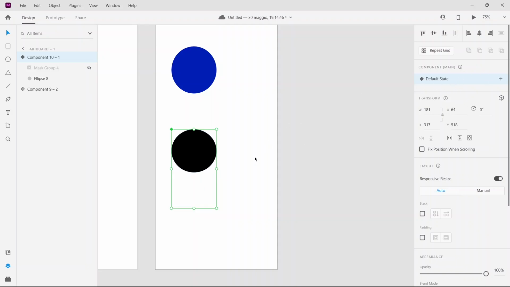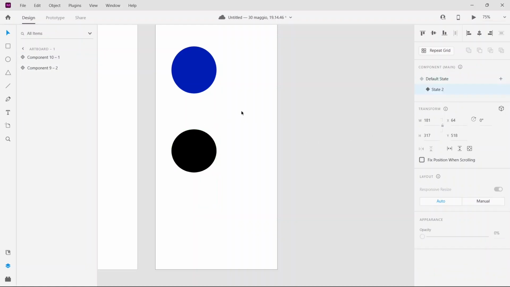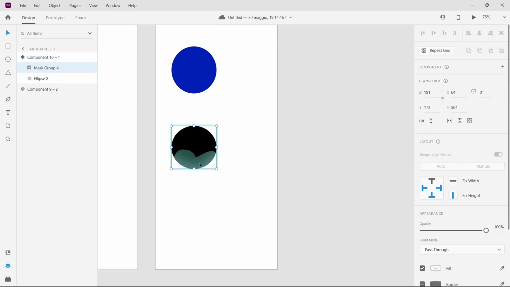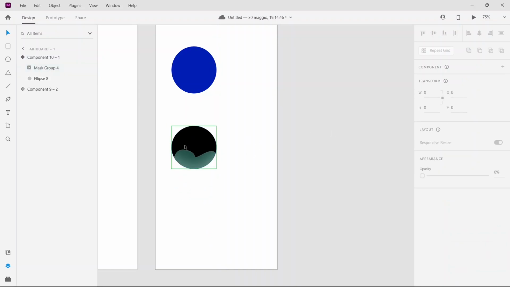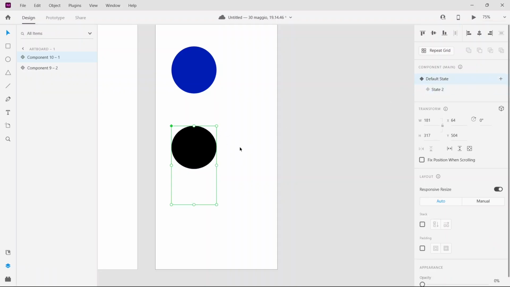And this is our default state. Now we will create the new state, and in this state we will have this object shown. So we can put it also in here. And now we have for our state 2 this object with this mask, and in the default state we only have this